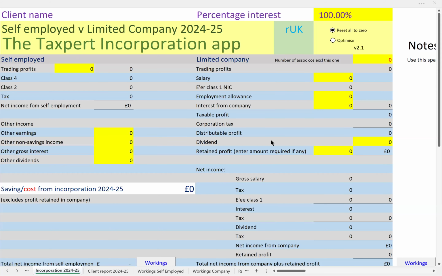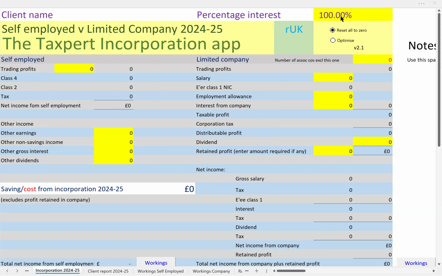The Taxpert Incorporation app is designed to show the difference in net income for an individual who might be trading as a sole trader or in a partnership, and the income that they might get if they traded instead through a limited company. New for this year, 24-25, the app enables you to determine the percentage interest that the individual